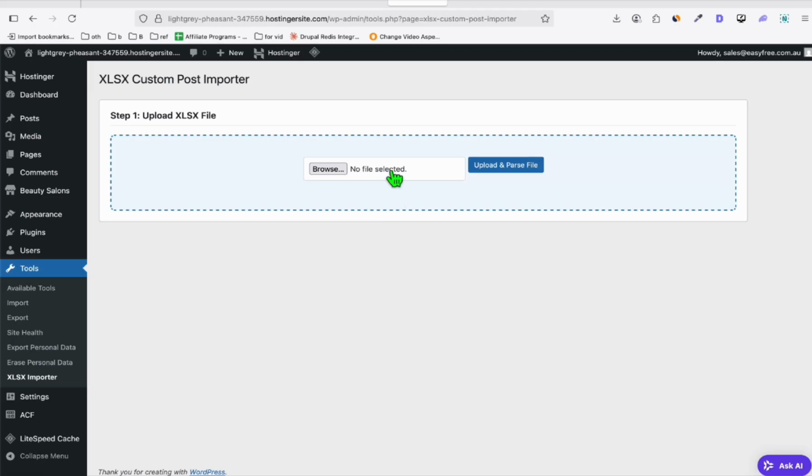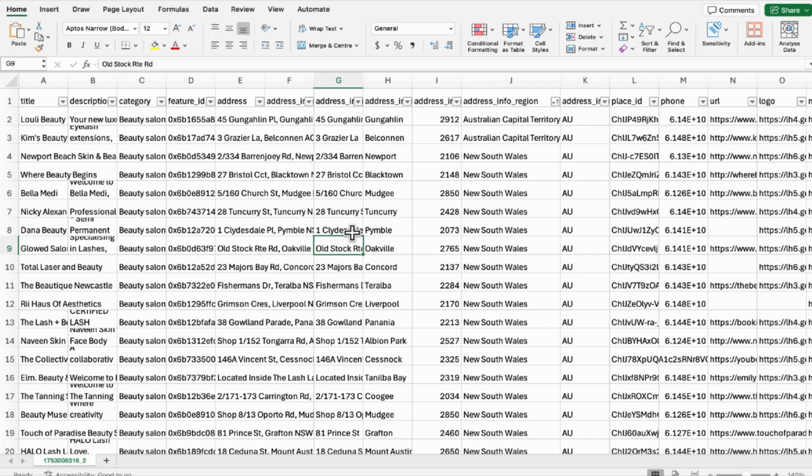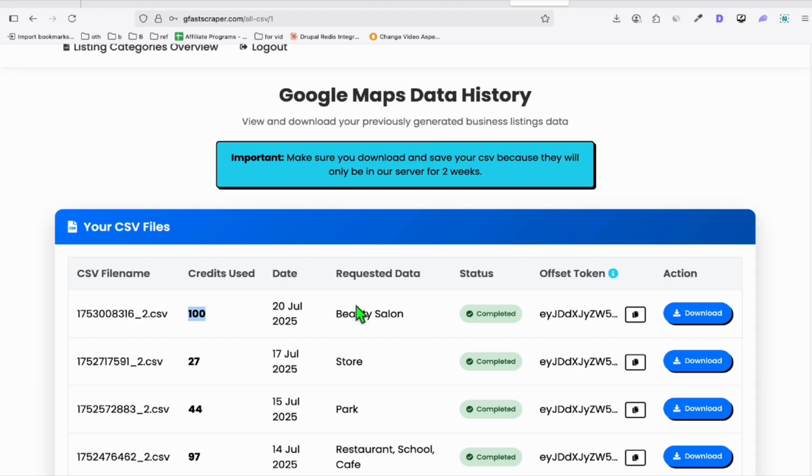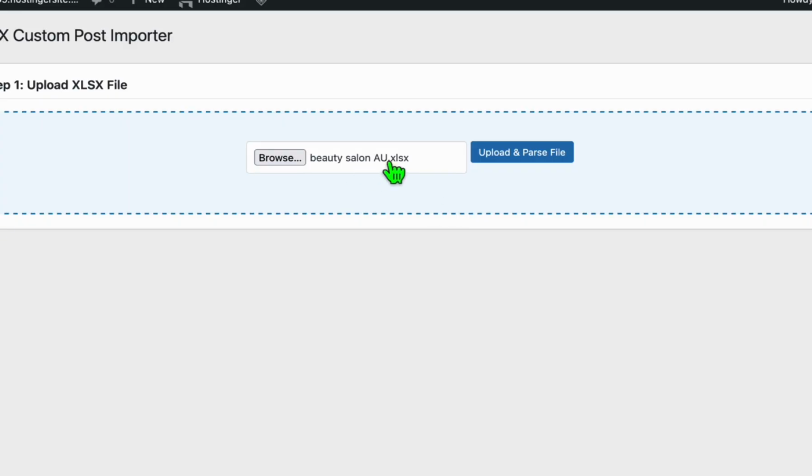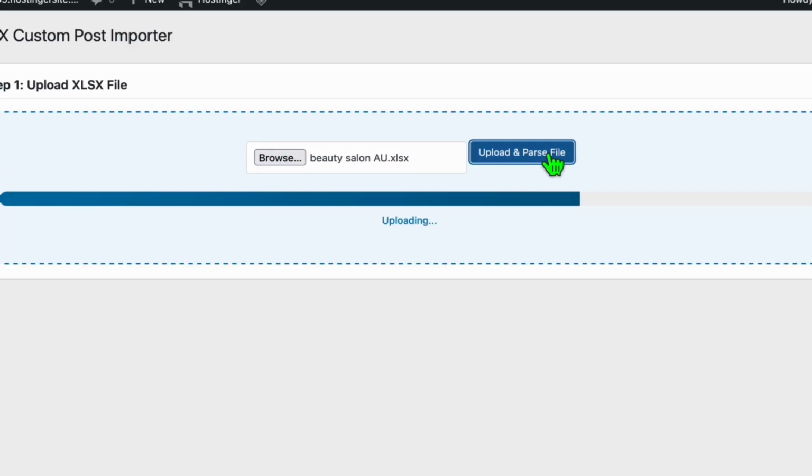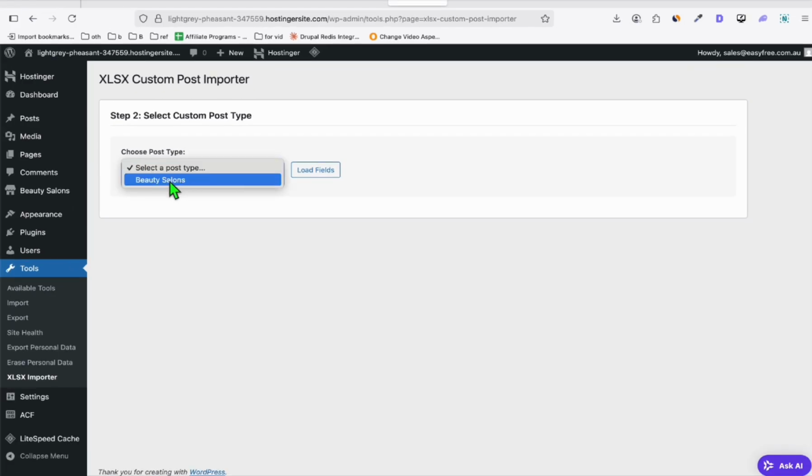Click that, and now browse the listings right here in XLSX format. Remember, when we downloaded this from JFast Scraper, it will be in CSV format. So just make sure you save that as XLSX. That's very easy. You just need to click save as in the Excel sheet. So that's the file, and click this upload and parse file